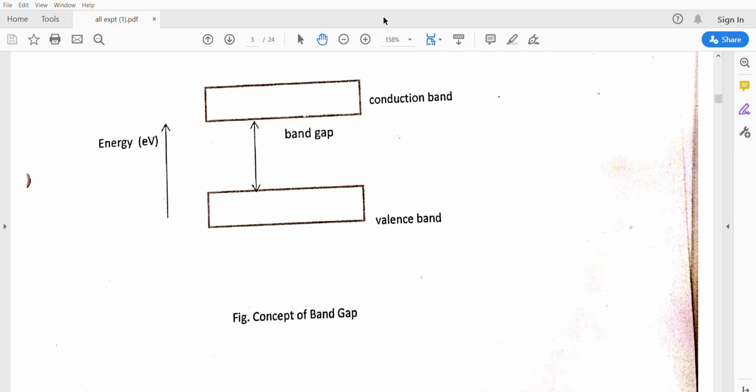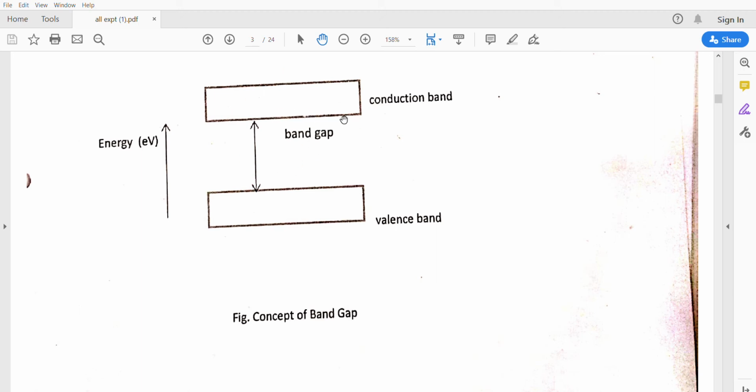to a conductor. So in the semiconductor, we are changing the temperature to change this energy band gap. We are giving some energy to the electrons present in the valence band. That energy is nothing but thermal energy. So we are heating the diode to move the electrons from the valence band to the conduction band. Due to that thermal energy, the electrons easily jump from the valence band to the conduction band. Then the energy band gap will be reduced.